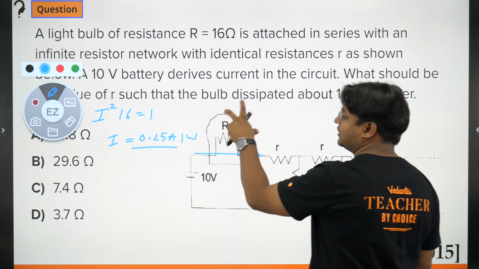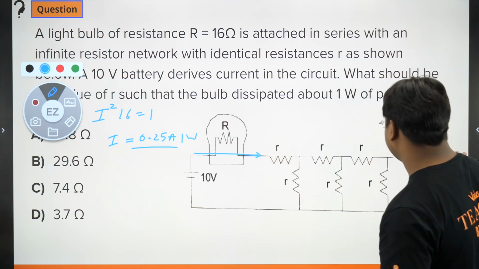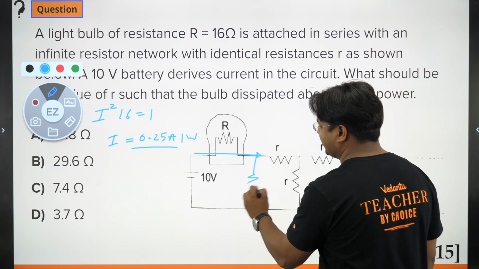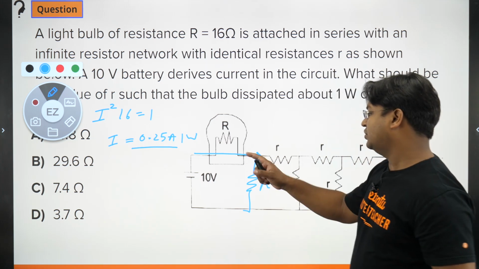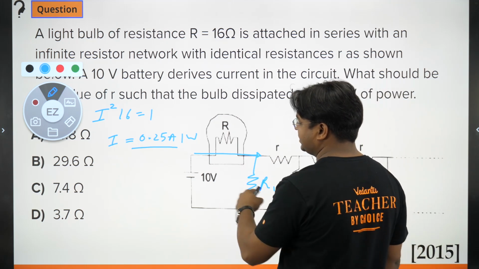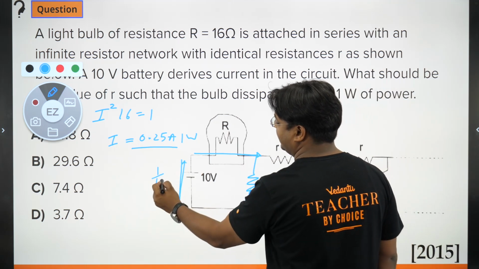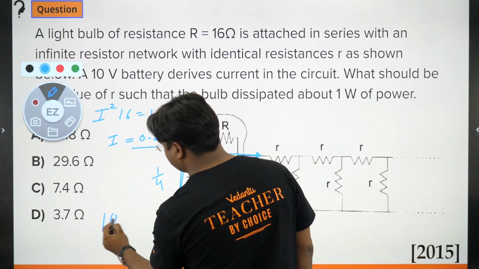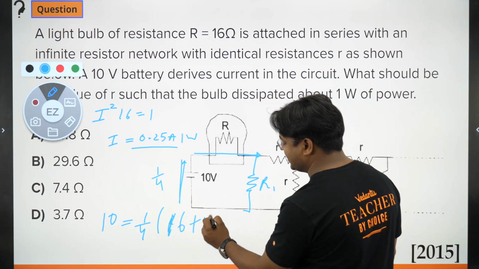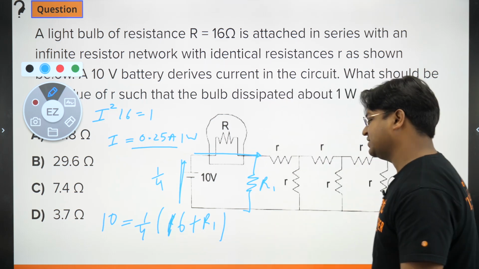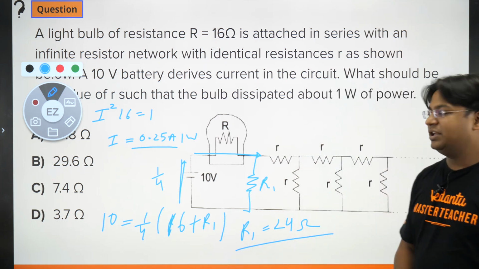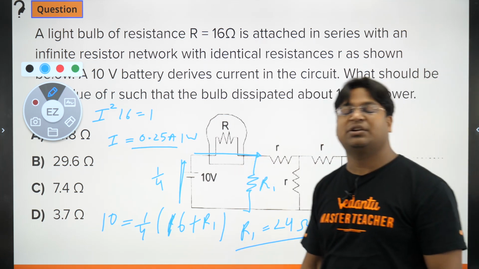जो R इक्वलेंट है, मतलब इस बल्ब का रेजिस्टेंस, इस पूरे नेटवर्क की जगह अगर हम एक सिंगल रेजिस्टेंस लगा दें, ठीक है, तो इस पूरे को हटा देते हैं, एक सिंगल रेजिस्टेंस मान लेते हैं R1 लिख देता हूं मैं, R ऑलरेडी यूज किया हुआ है। तो इन दोनों के कॉम्बिनेशन की वजह से जो करंट फ्लो होना चाहिए ये 1/4 होना चाहिए, ठीक है। दैट मीन्स 10 शुड बी इक्वल टू 1/4 इंटू 16 प्लस R1, तो यहां से 40 माइनस 16, R1 की वैल्यू आ रही है 24। सो ओवरऑल हमें ये पता लग रहा है कि ये जो इनफाइनाइट नेटवर्क है इसकी इक्विवेलेंट वैल्यू 24 आनी